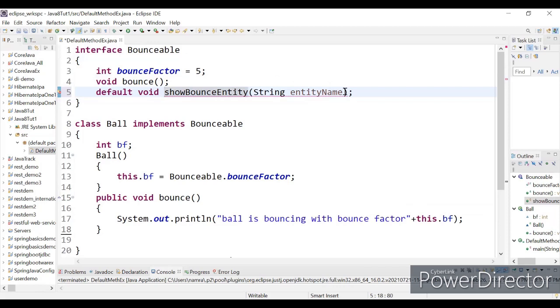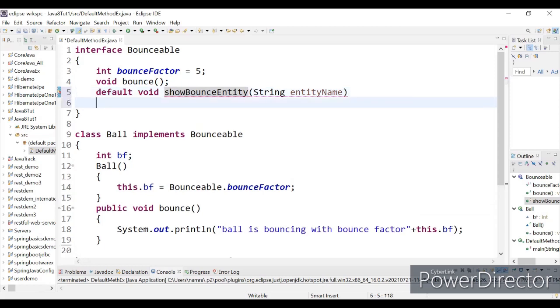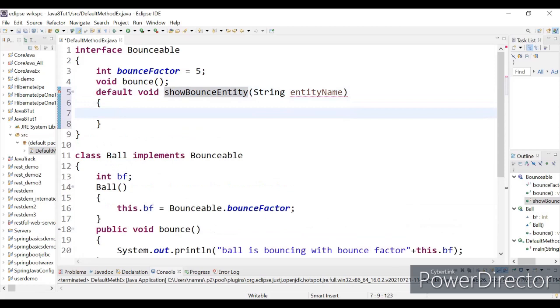Okay. And see, this is a default method, right? So you have to provide a body. If you don't provide a body, it is going to give you an error. This method requires a body instead of a semicolon. Why? Because you have prefixed it with default. All default methods inside interface need to be implemented.